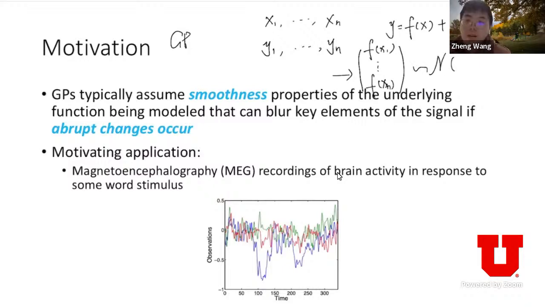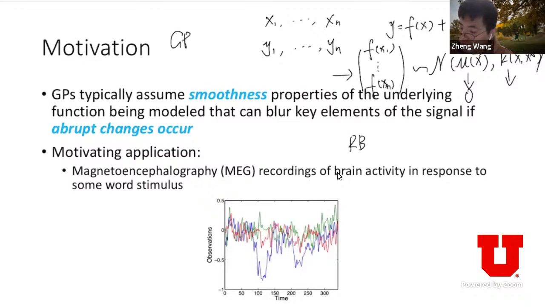Usually you have a mean function, mu(X), where X here is just all the input vectors, and also you have some kernel functions. Usually the mean function is set to 0, and the kernel functions are just some commonly used kernel functions like